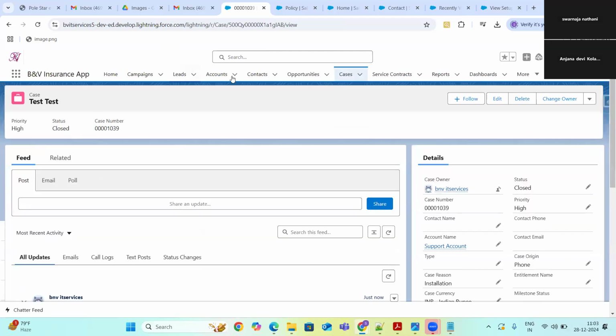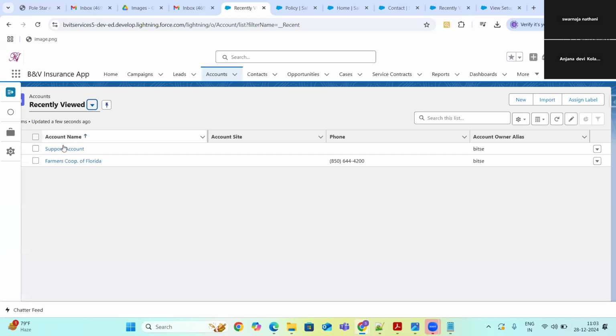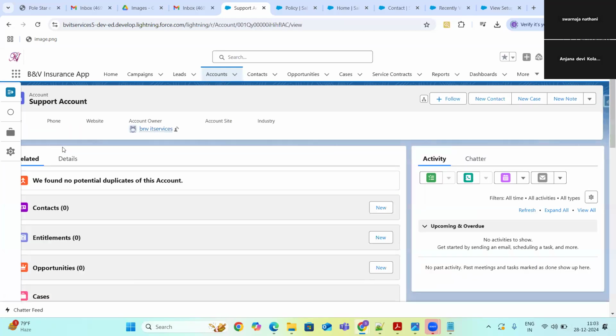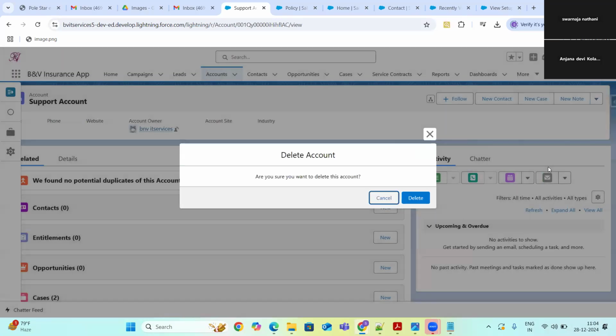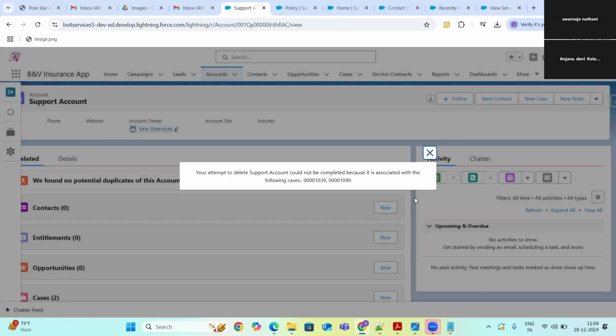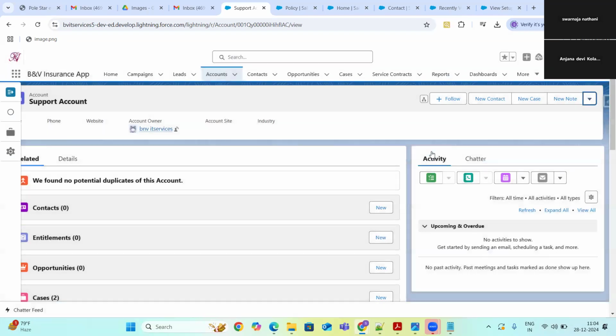So if I go to my accounts, if I go to the support account, now I don't have any open cases. Okay. So this time let me try to delete the account. Are you sure you want to delete this account? Yes. Okay. Your attempt to delete the support account could not be completed because it is associated with the following cases. That means whether your case is open or closed, you have to delete the cases.